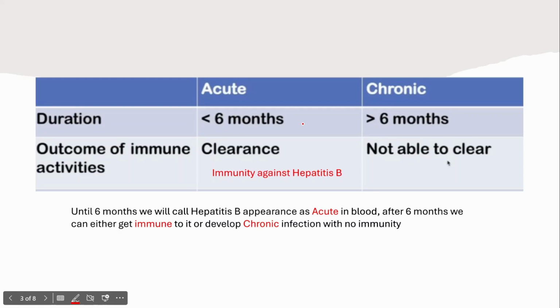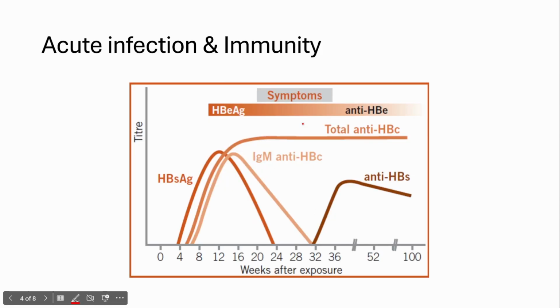If a person has been infected and you think he has an acute infection, until it's been 6 months, you cannot say what is going to happen after that. So you cannot say the person will develop chronic infection or if they will get immune. Now, since it's the acute infection against which a person develops immunity, the two graphs of the immune person and the acute infection are kind of related.